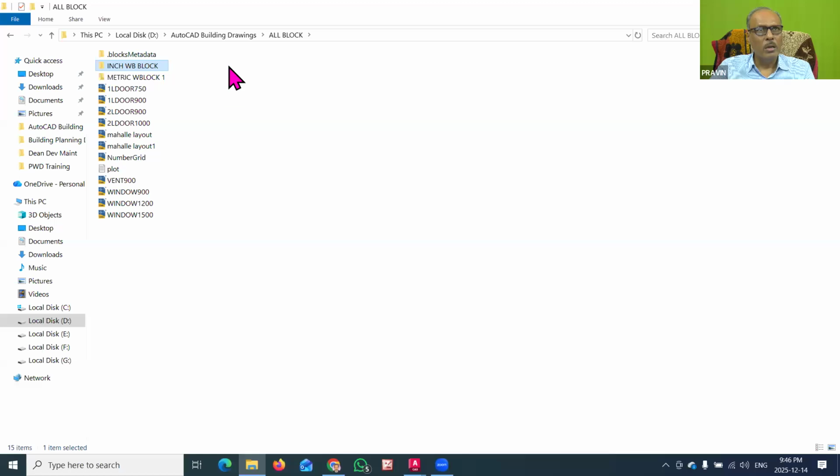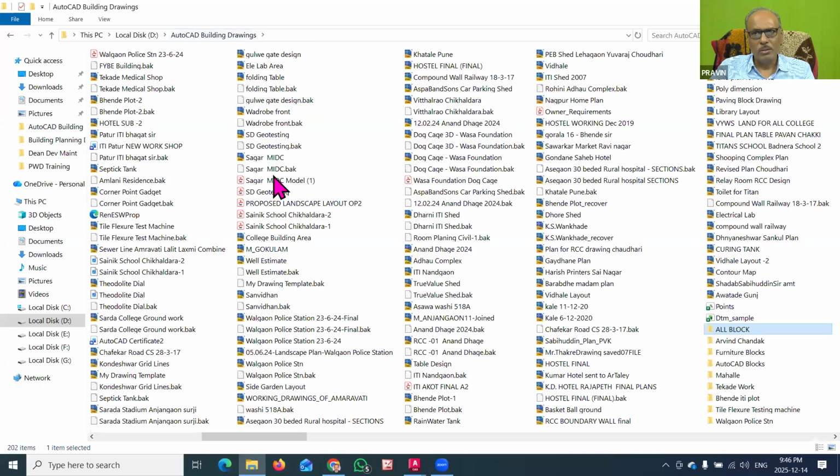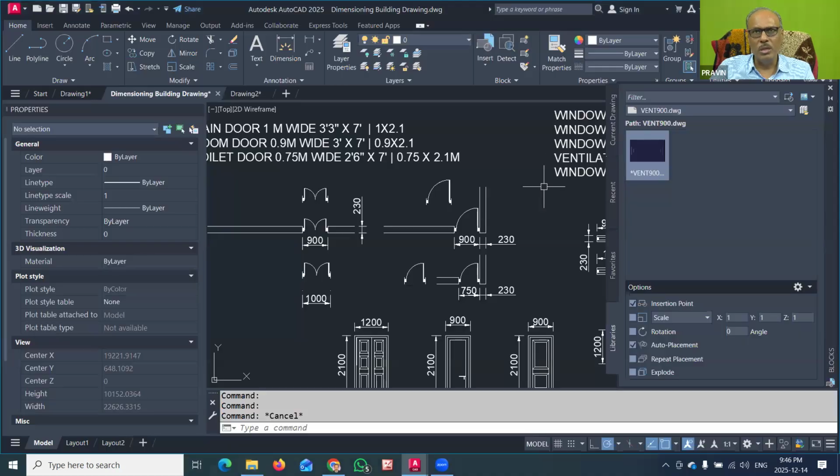The important task now is that whenever you create a standard drawing, you can convert it into a block. Whatever symbols we generally use, even a title block of the drawing with your name, you can also convert to block, then convert to W block and save it to a specific folder.